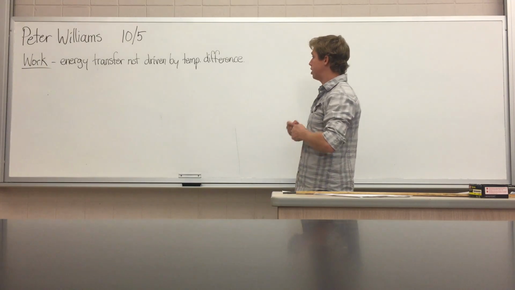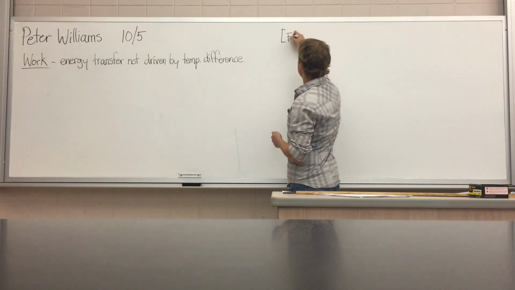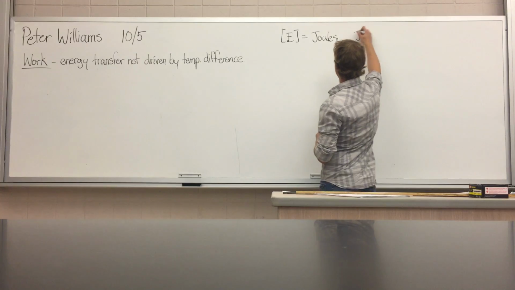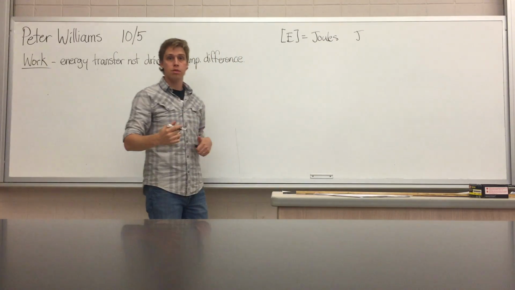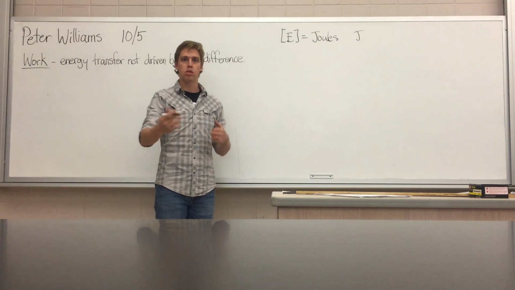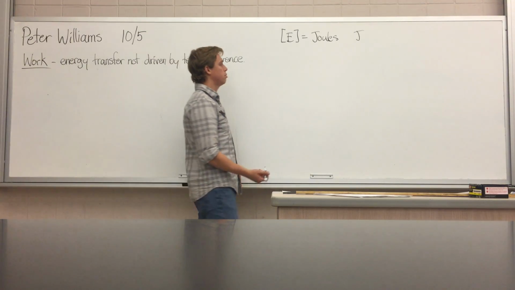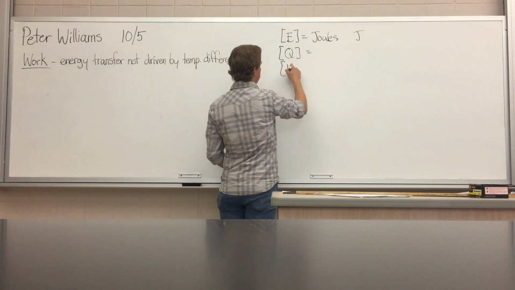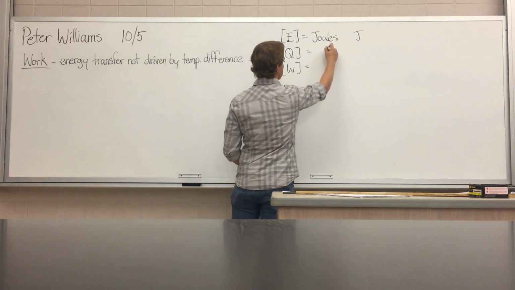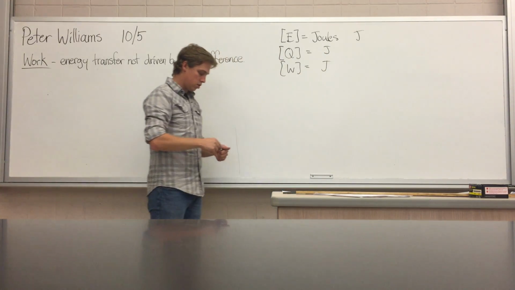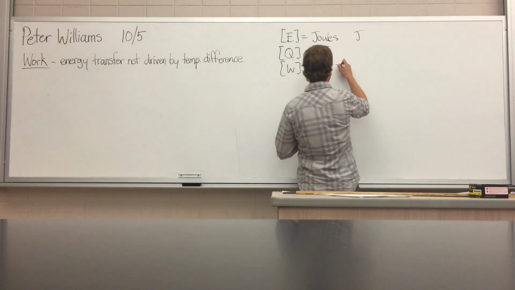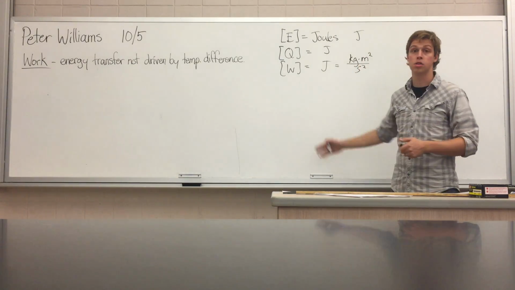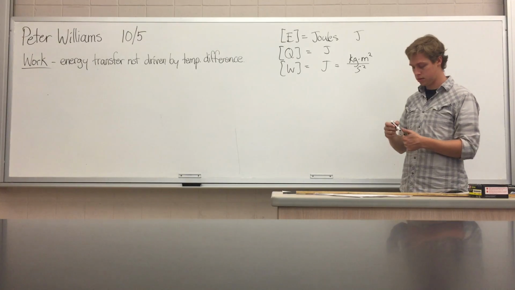Remember that the units of energy were joules, and that's denoted with a J. And so, when energy is being transferred, we're still measuring amounts of energy that are transferred, and we're still measuring them in joules. So that goes for the units of heat and the units of work as well. Those are all equal to joules. And then remember that a joule in base SI units is kilograms times meters squared times seconds squared. So joules is really just a nickname for these units. Okay?